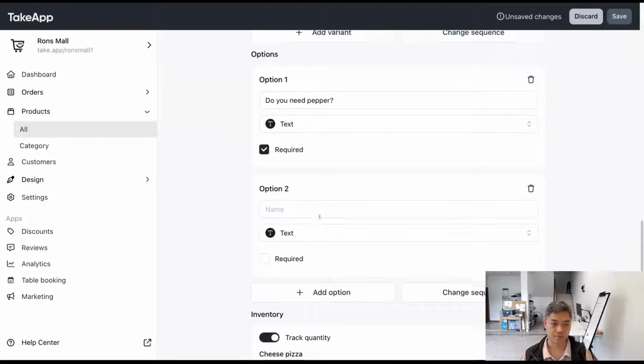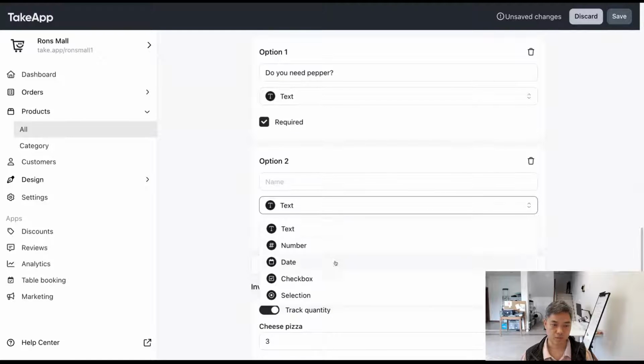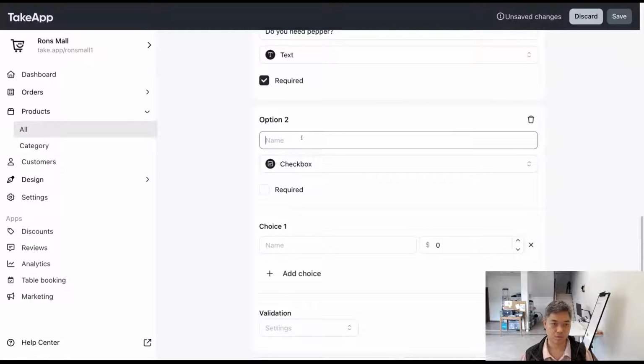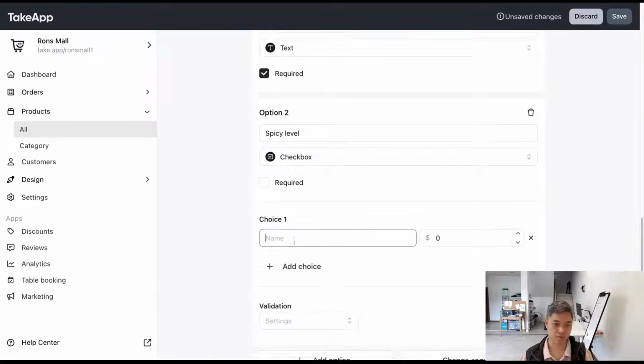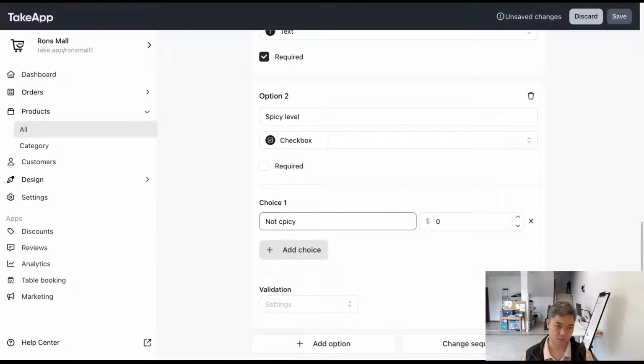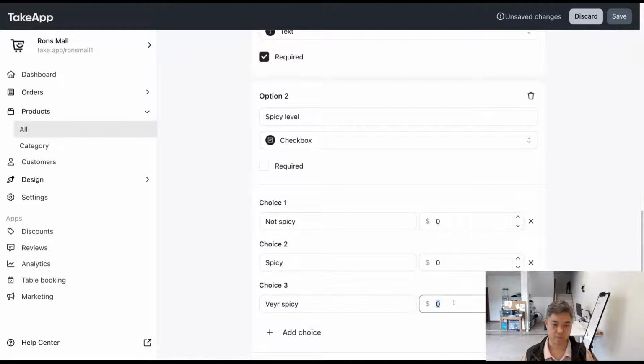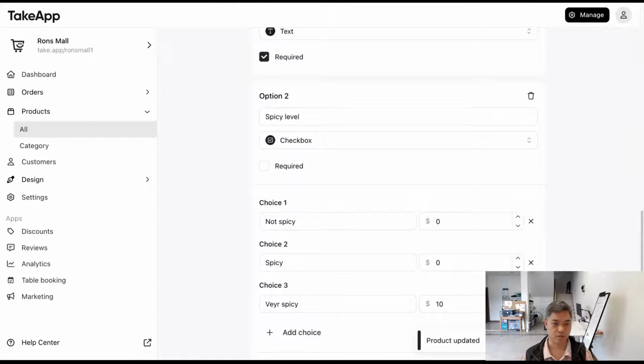For example, let me choose another select, maybe just checkbox. So for example, spice level, and then you can choose not spicy, spicy, very spicy. Okay, very spicy, require $10. Okay, then you will see that